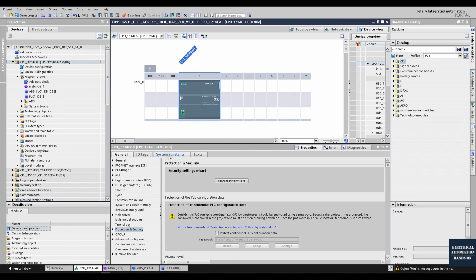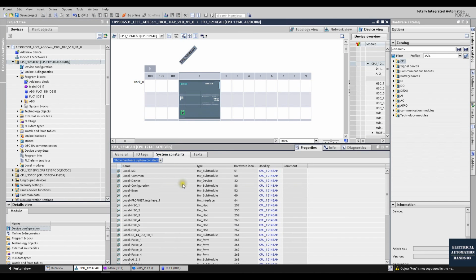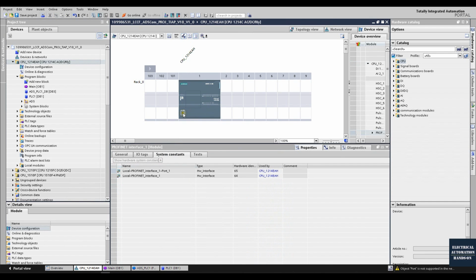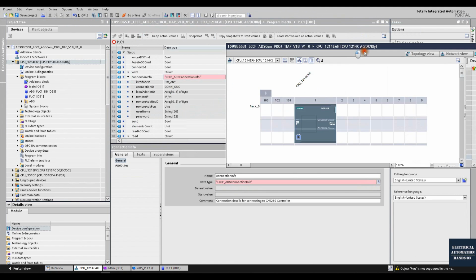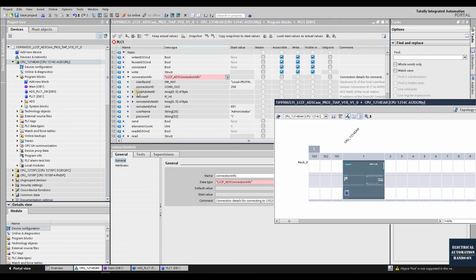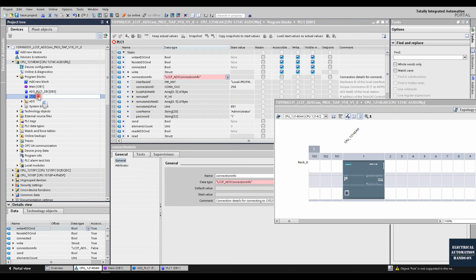Okay, then go to System Constant. Click this network port. So you will see for my Ethernet port there is a hardware identifier. This number is 64, and its name is Local Profinet underscore interface underscore 1. Okay, so if I float it, firstly, let's go to this parameter from this DB1,